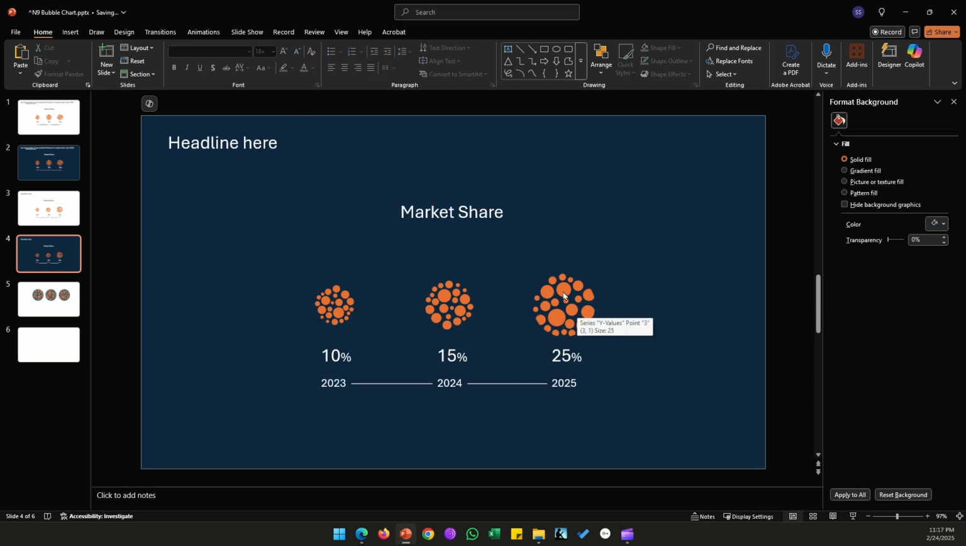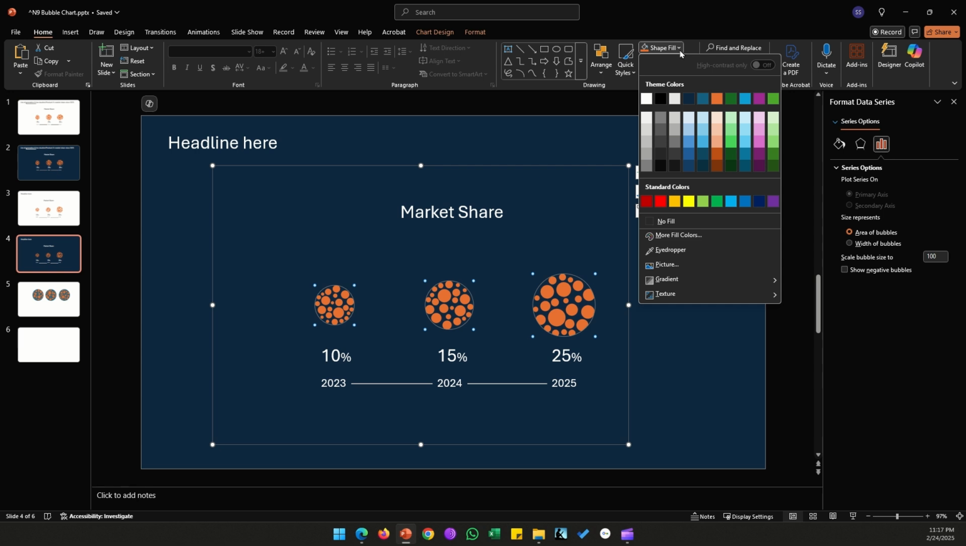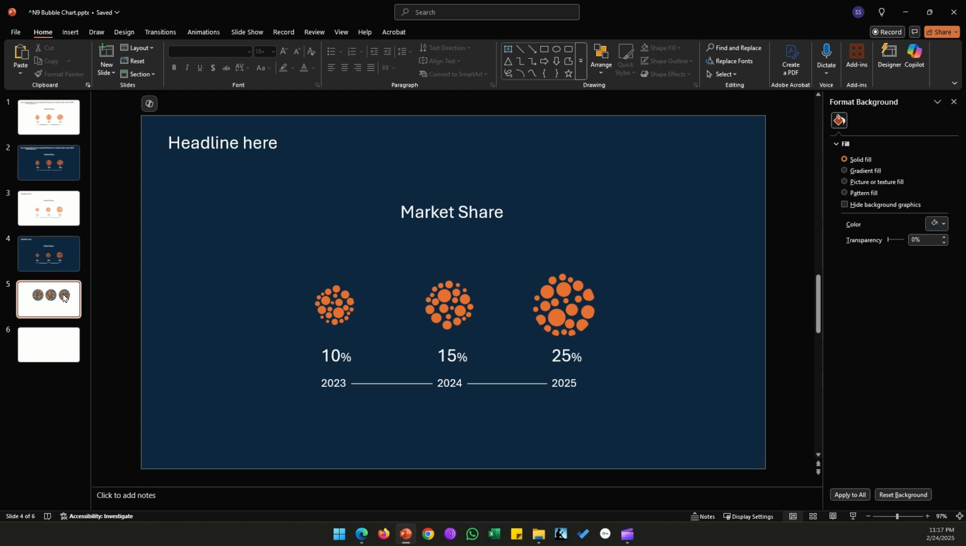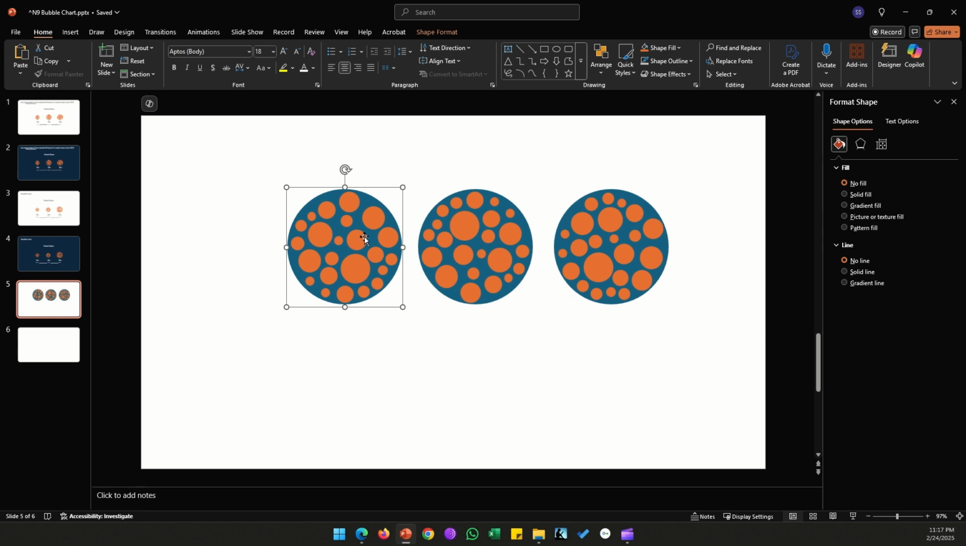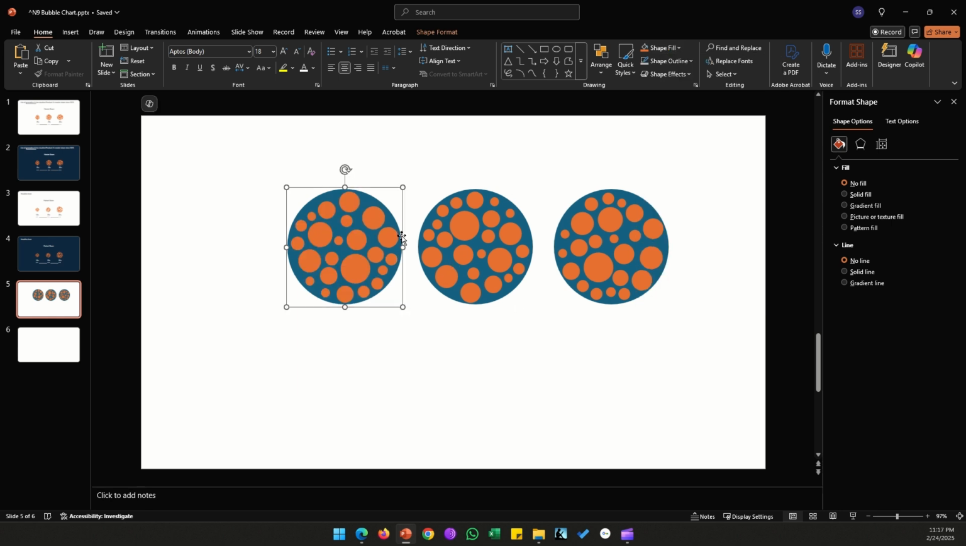And you can change the colors of these circles to any other color you want. So they don't have to be orange. They can be any other color. But to change the color, you will have to go here, change the color for this. So let's just